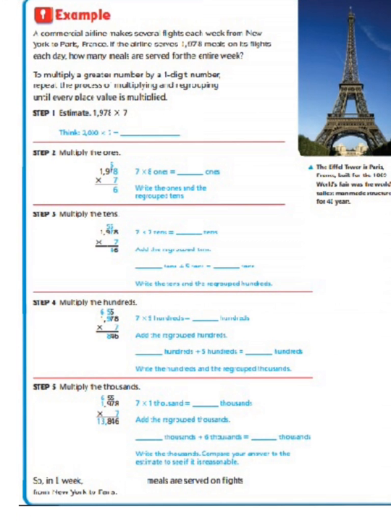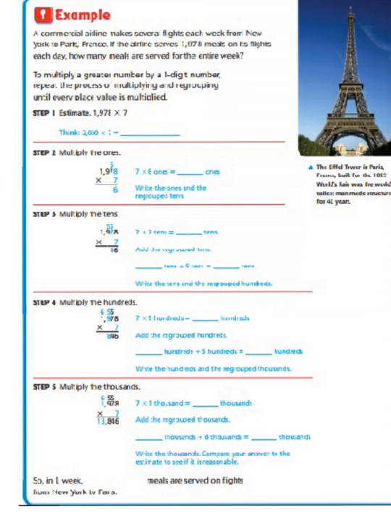Now, let's take a look at an example. A commercial airline makes several flights each week from New York to Paris, France. If the airline serves 1,978 meals on its flights each day, how many meals are served for the entire week? To multiply a greater number by a one-digit number, repeat the process of multiplying and regrouping until every place value is multiplied. So we're going to begin by estimating